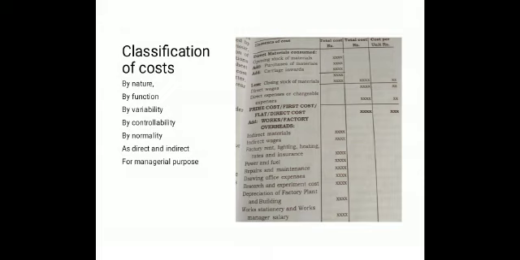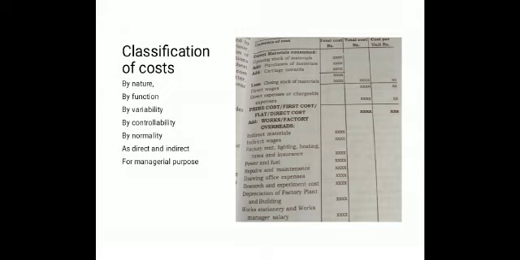Administration overhead consists of all the expenses incurred in the direction, control, and administration of an undertaking. Examples: rent, taxes, insurance, lighting, staff salary, printing. These are the expenses related to administration. Similarly, in selling overhead, all expenses incurred in securing and retaining the customers of the products are selling expenses. They are spent on creating and maintaining the demand for the product. Examples: commission, discount to the distributor, advertisement, publicity, etc.